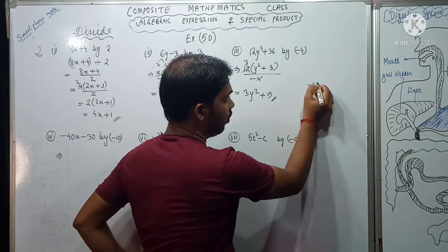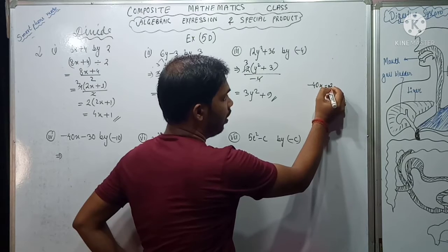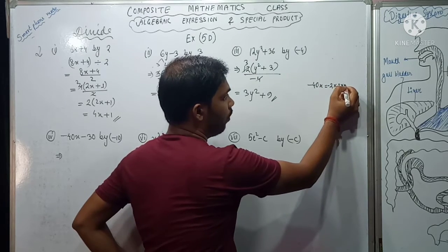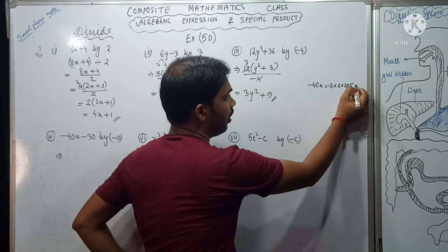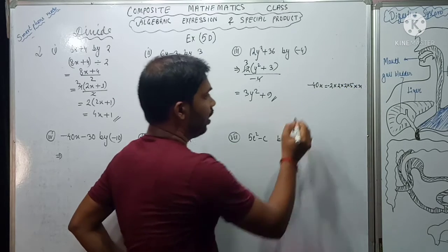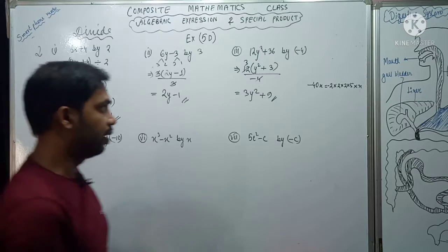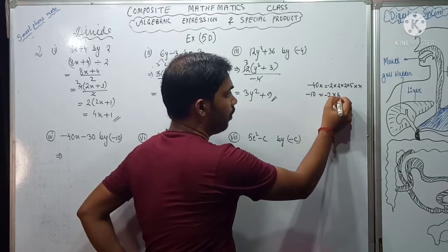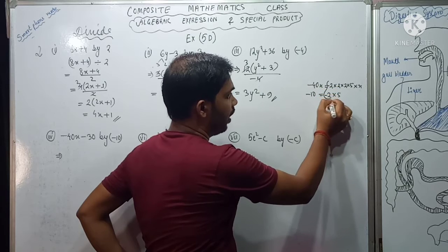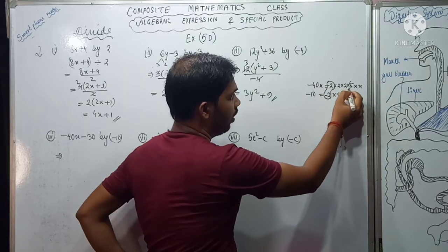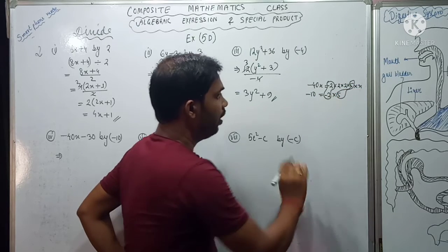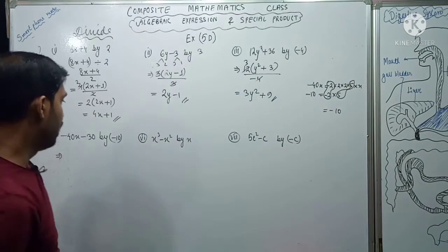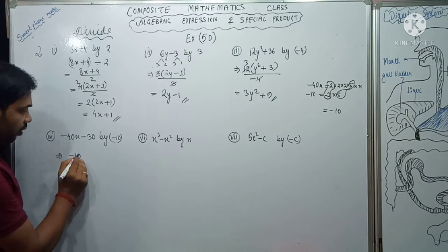It is minus 40x, which I can write as minus 2 into 2, 2 2s are 4, 4 2s are 8, 8 5s are 40, into x. And the next is minus 10. So minus 10 I can write as minus 2 into 5. So common coming out is minus 2 and 5. Okay. So minus 2 into 5, it is minus 10. That means minus 10 is coming out common. So we will take out minus 10 as a common.